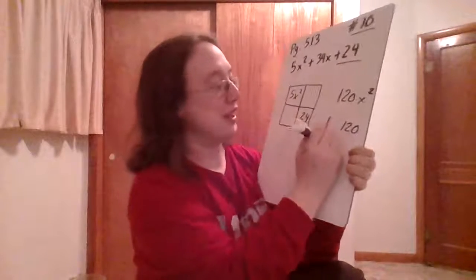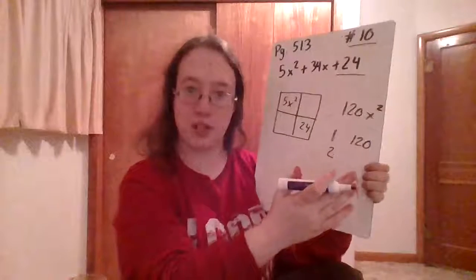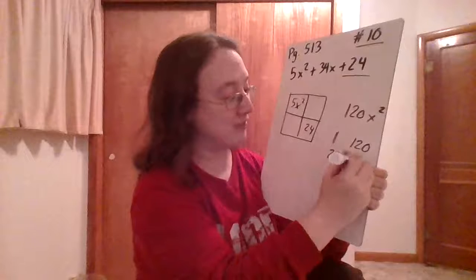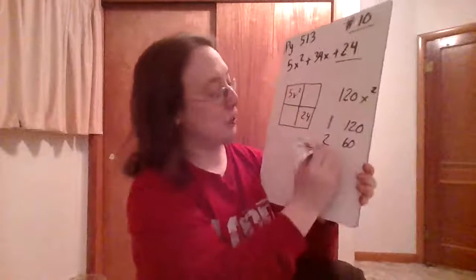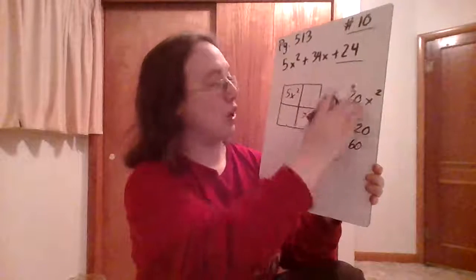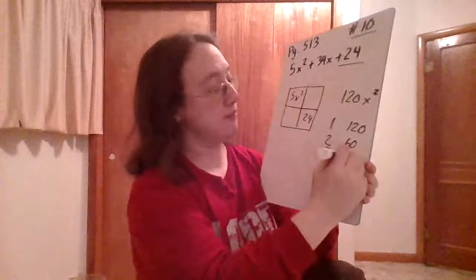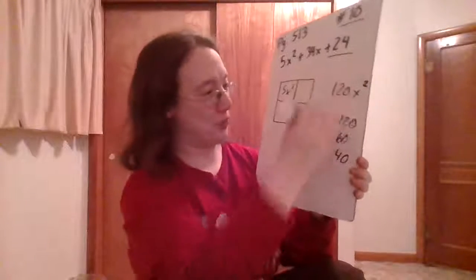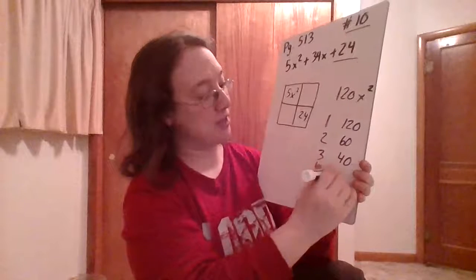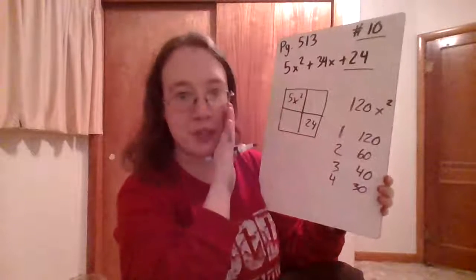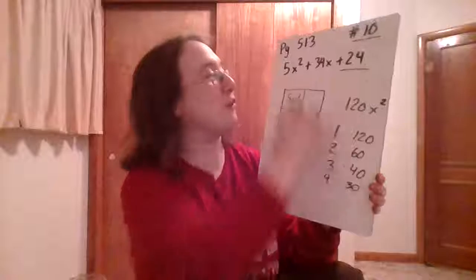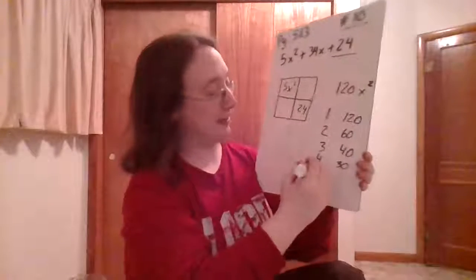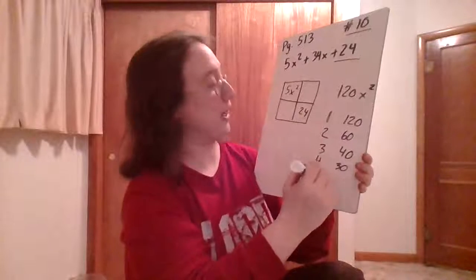So 2, and if you're not sure what times 2 gives you 120, take 120 divided by 2. That gives you 60. We'll try 3: 120 divided by 3 gives you 40. We'll try 4: 120 divided by 4 gives you 30. If you happen to realize here that 30 and 4 give you that 34, you can stop there. If you didn't realize that and went on, you'd say 5 and 24,